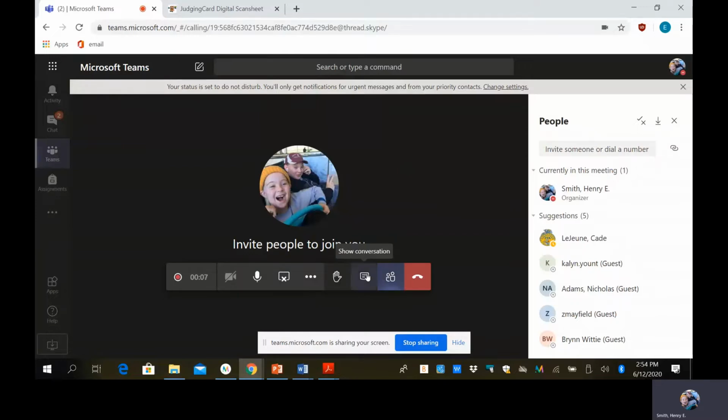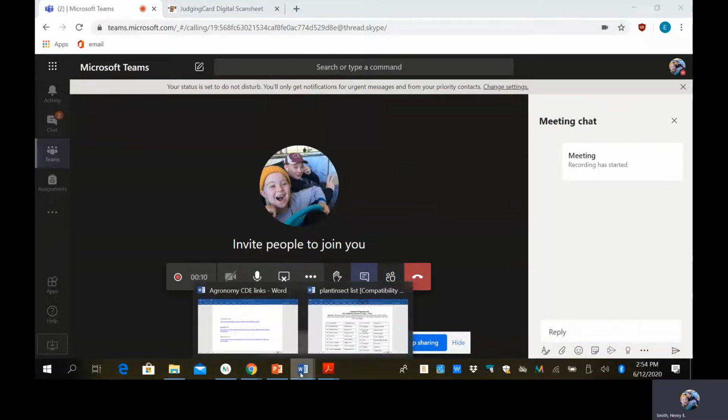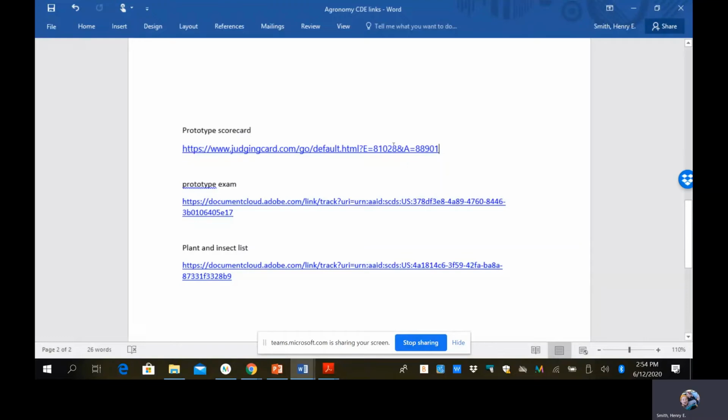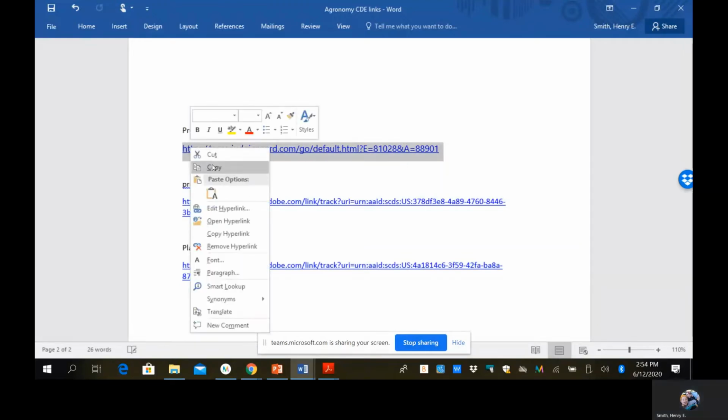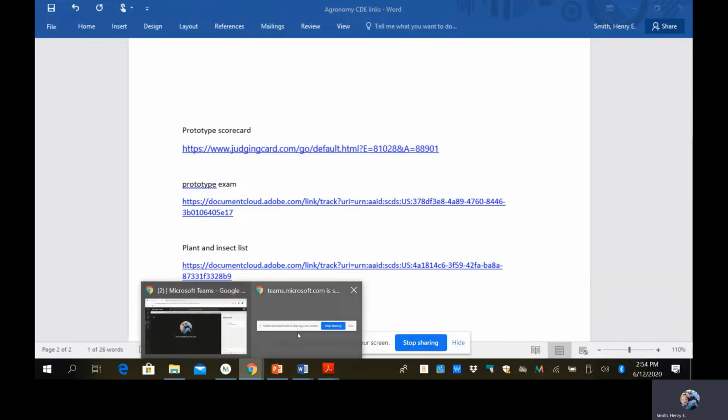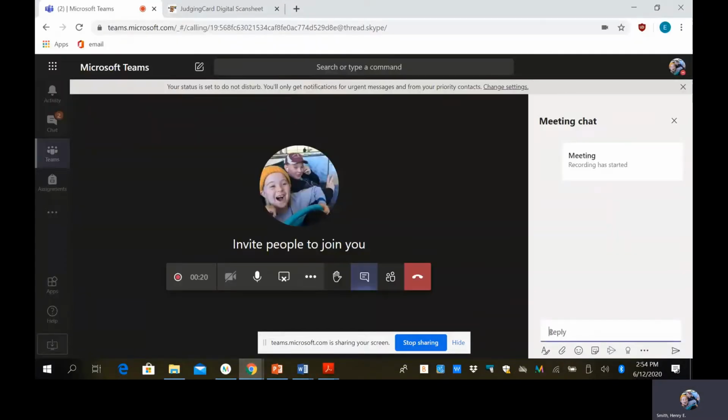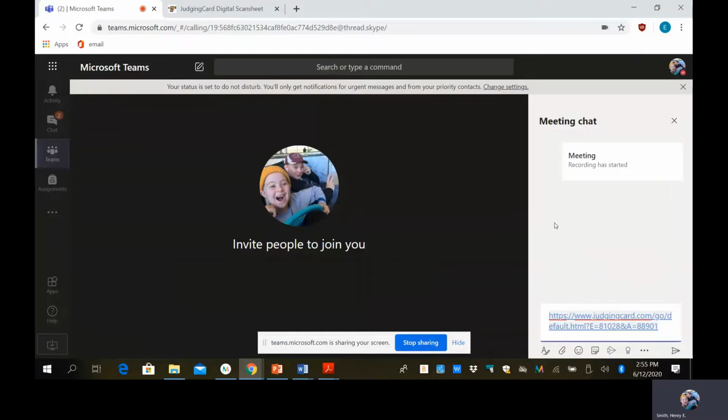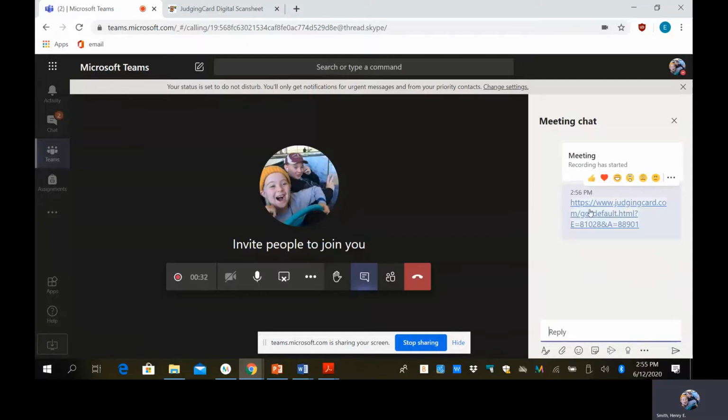I'm going to distribute scorecards in the chat bar, so I can put the link. Judging Card has created electronic working versions of all of their Scantrons, the paper Scantrons that we have been using for quite some time in our contests. Now we have an interactive electronic version, and that's how we will distribute them. So the student clicks on this link,